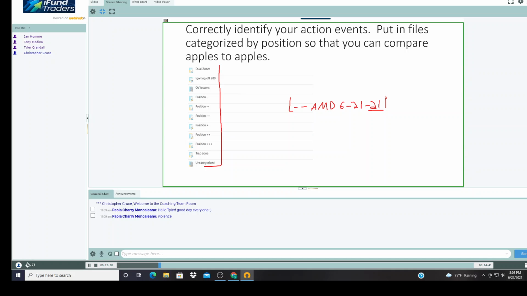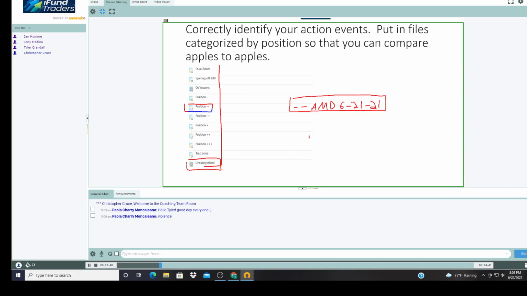this from, right? And then it'll be very easy to look at your uncategorized files and just sort them and dump all the double minuses into the double minus position, right? All that kind of stuff. Do you see what I'm doing there? Like, this makes it so that you can easily flip through a whole bunch of charts taken from the same position and just supercharge your understanding of what's going on.